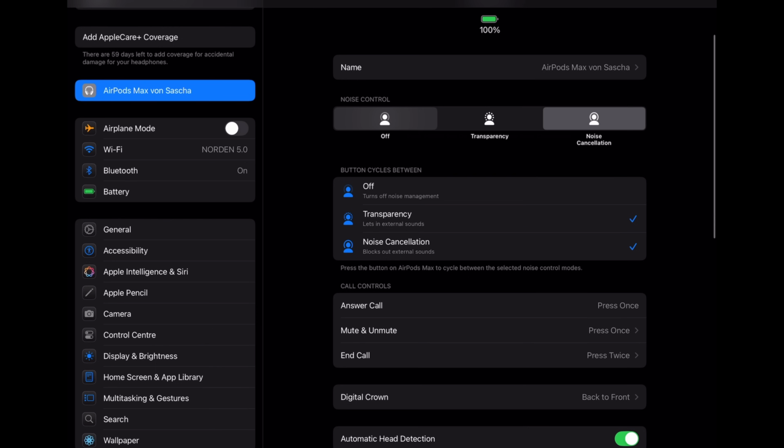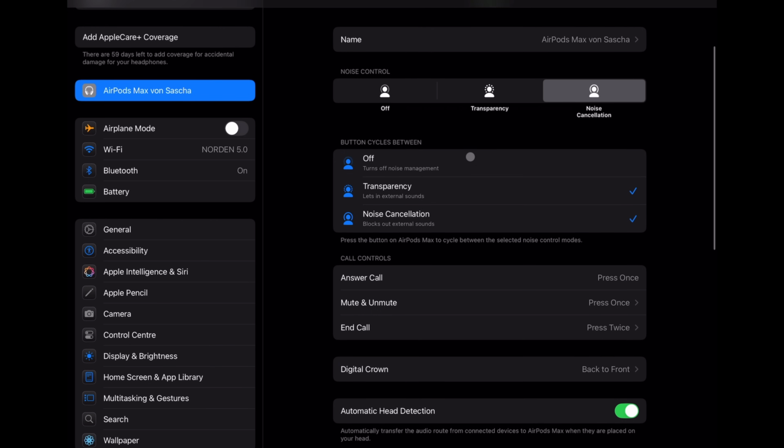So the noise control can be off. This really switches your device into an off status in noise control. Transparency mode means you can talk to others who are in the nearby area and you can hear them. You can make a noise cancellation option. That means you are fully deep into your music, for example, and the surrounding is cleared.